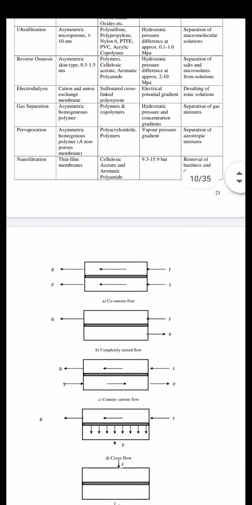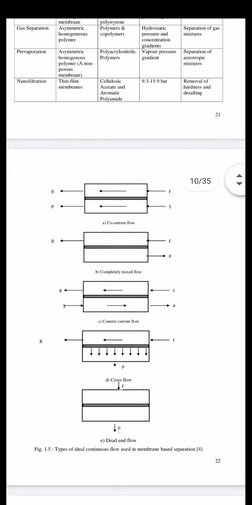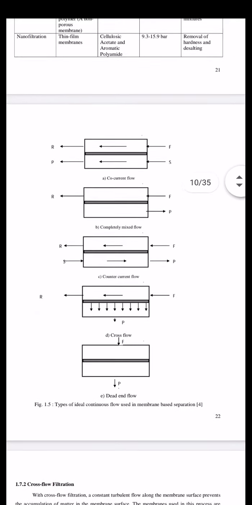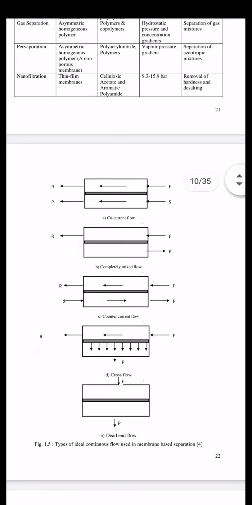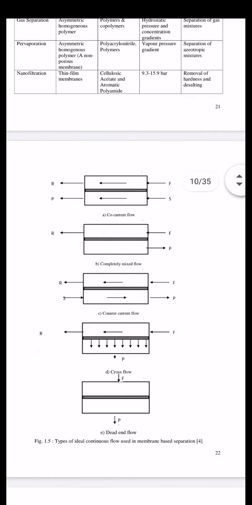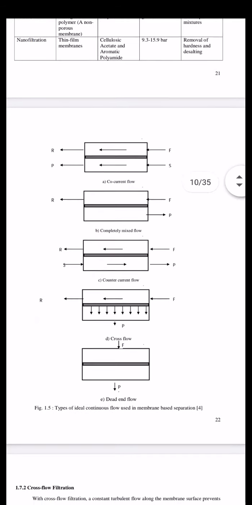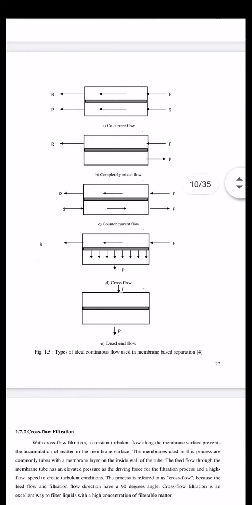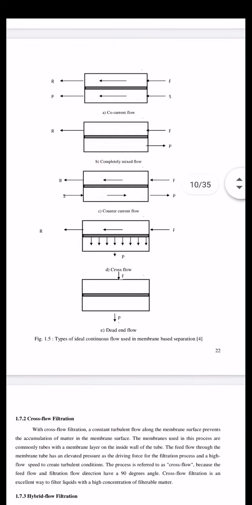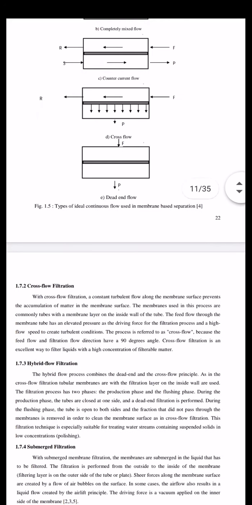So friends, it is very essential you know the types of flows concerned in heat exchange, the heat transfer subject. We have gone through the heat exchange equipment, where there are three types I taught you: co-current, counter current, and cross current. In co-current, the flow of both streams is in the same direction, as shown in the diagram, whereas in counter current the flows are opposite in direction, and in the last case, cross current, the flow is perpendicular to the membrane.